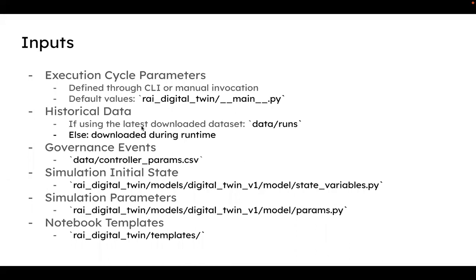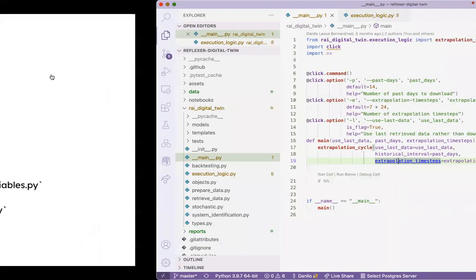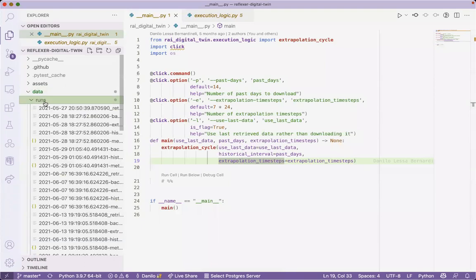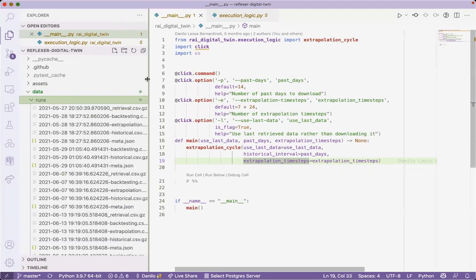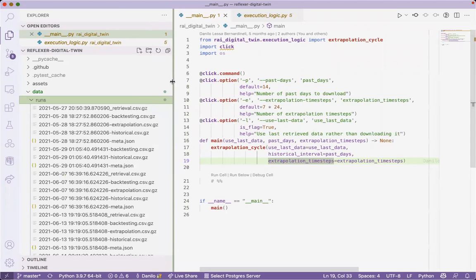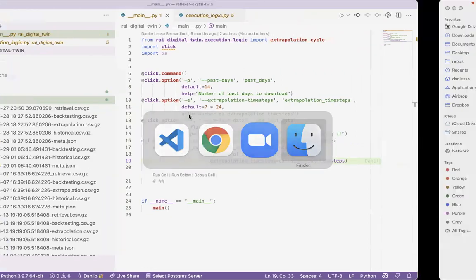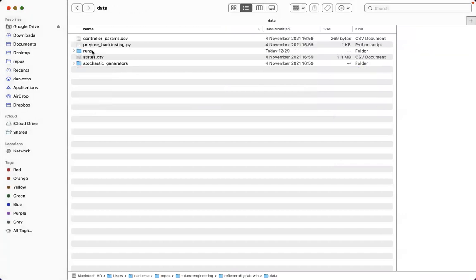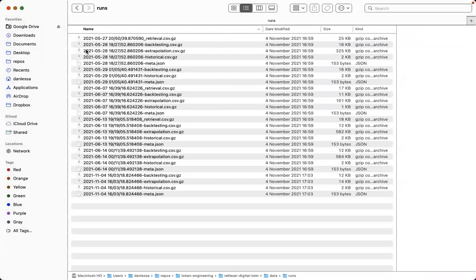About the historical data, it can be useful. This is kind of an interesting thing because this is an input and output at the same time. It depends really how you define it. But just to show how it is, if we go, for example, to data, RAMs, and by the way, on the repository, there are some files there, so you could explore.